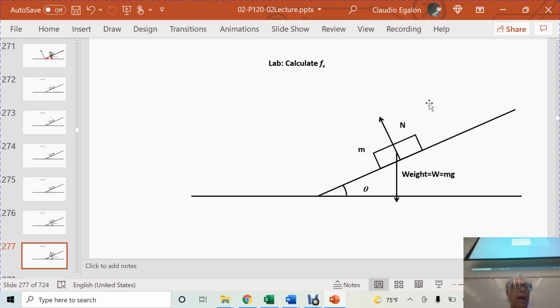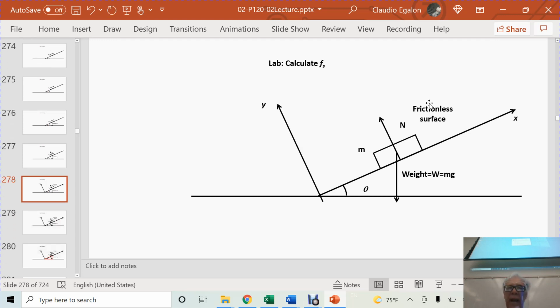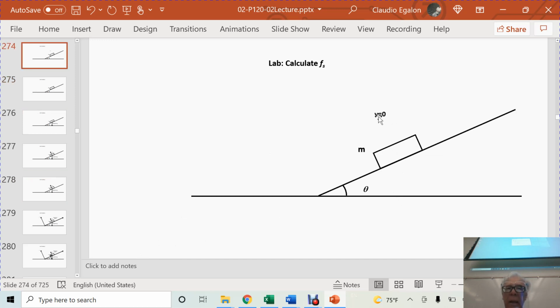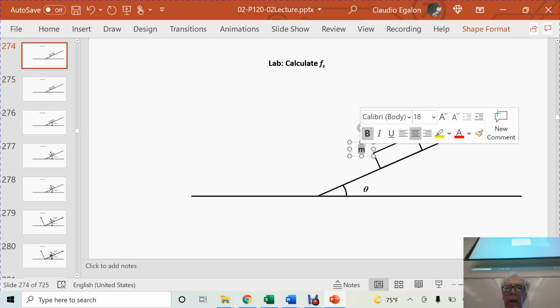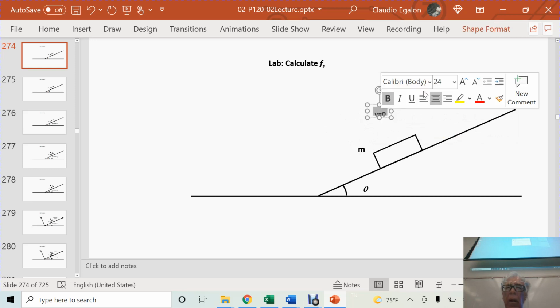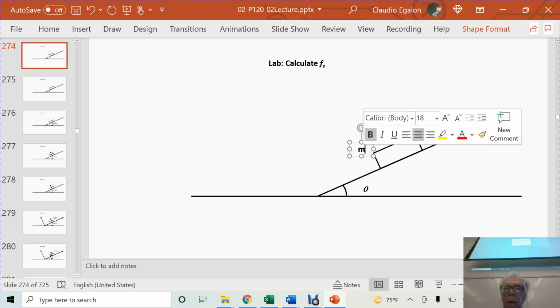There's no other force applied to this block. So we must have another force here that doesn't let the block move. And this force is going to be what? If there's no friction, the block is going to slide, no matter what. But if I'm telling you that the block is at rest, that's because there must be another force there. And this force is probably